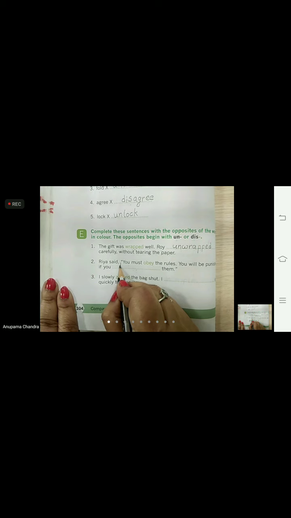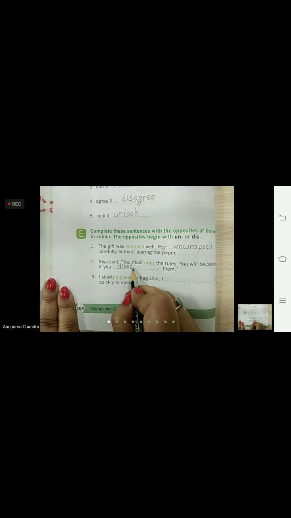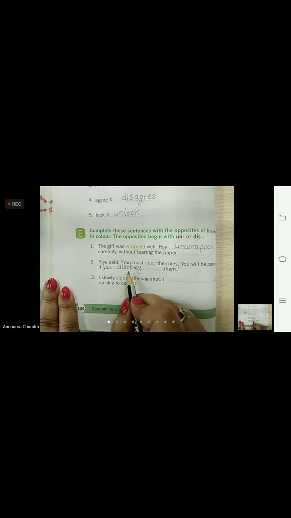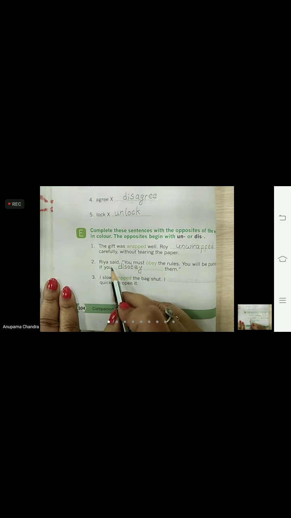And to make the opposite of obey, we will add dis in front of the word obey. Disobey, obey, disobey. So that makes the opposite of the word.